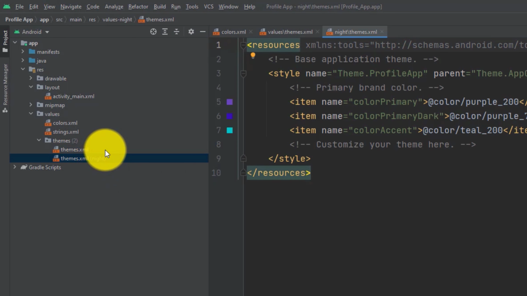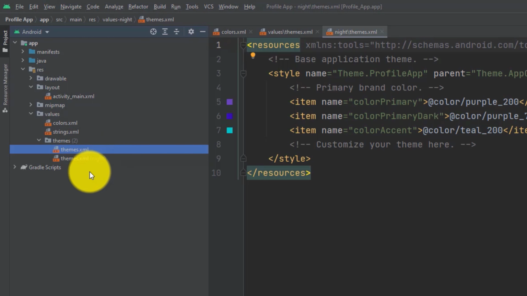One is for the dark theme, that is the second one, where you can see night is written, and the first one is for the light theme. Like someone having a light theme defined on their phone, the first one will work, and if someone has a dark theme, then the second one will work for them. Okay, and in this themes folder, what you can see here is a resources tag again, but inside this one